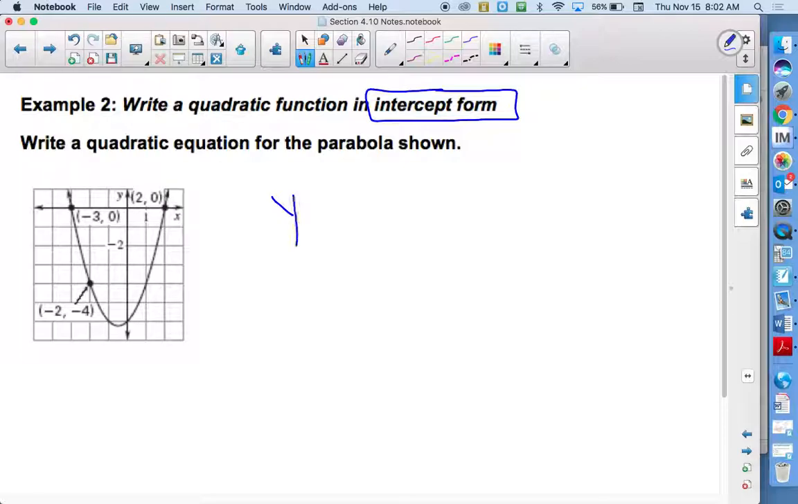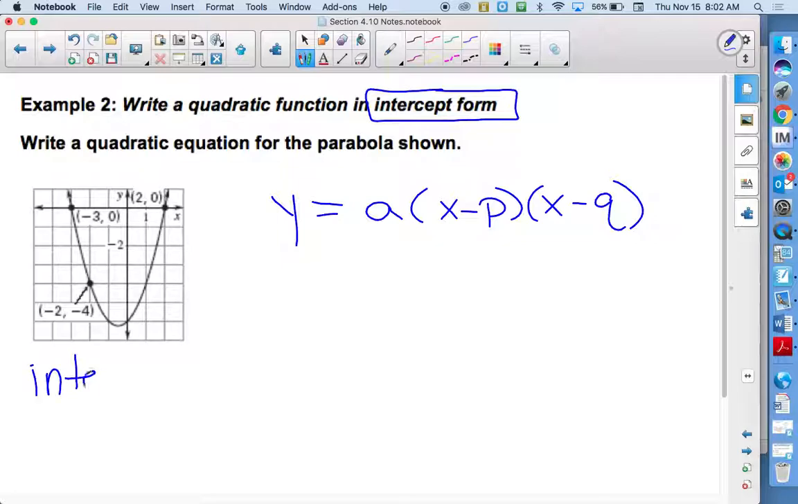Abby, do you know what intercept form looks like? Y equals a times x minus p times x minus q. So that's intercept form. So if it's intercept form, that means we need the x-intercepts, because that's what we usually get from intercept form. So looking at the graph,